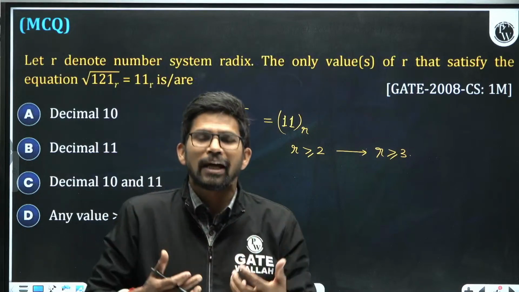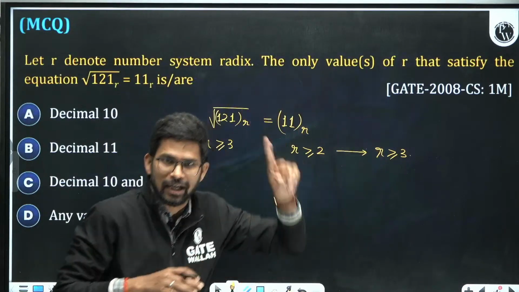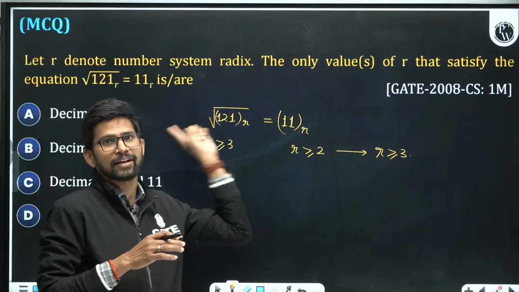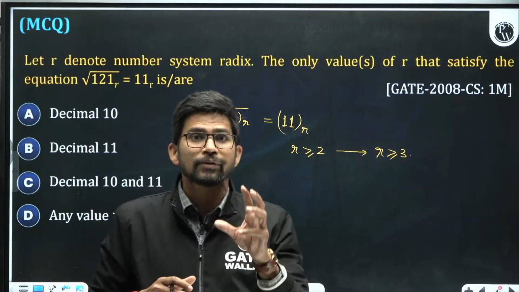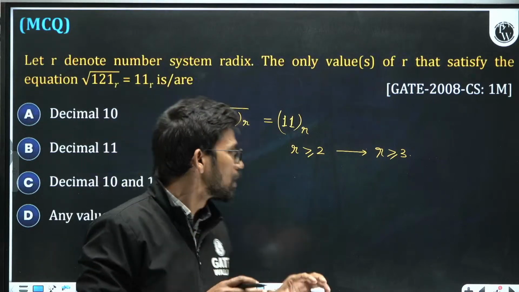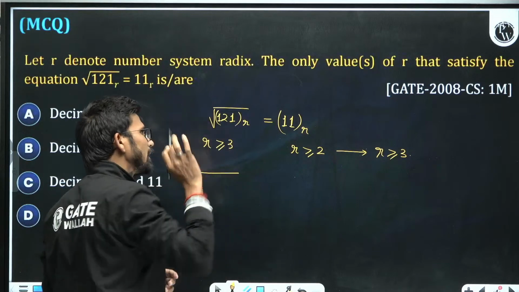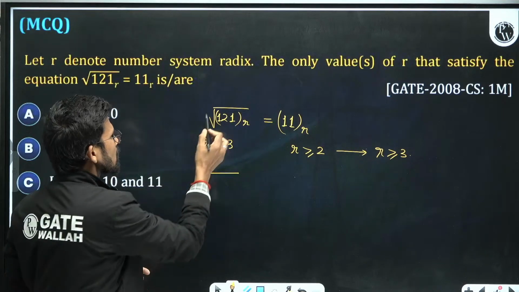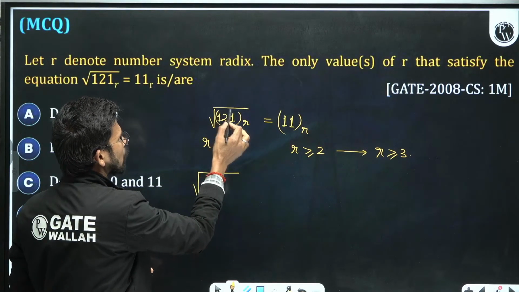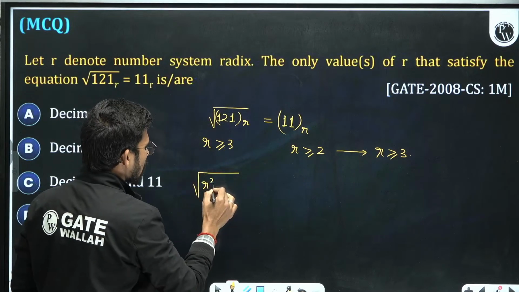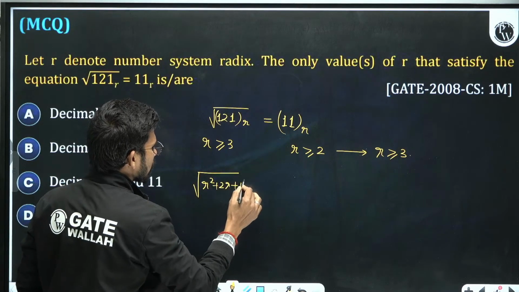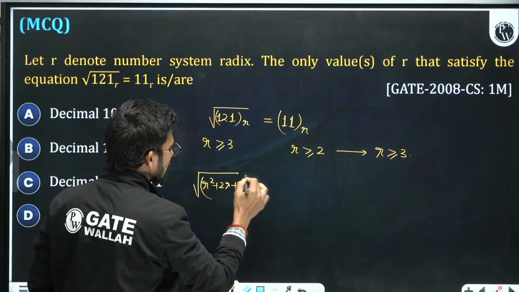Only those values which are greater than or equal to 3 and satisfy the given relation will be correct. So let us write down the number in decimal by expanding it. This is R to the power 2, R to the power 1, R to the power 0, so this is R square plus 2R plus 1. This is the equivalent decimal number, plus